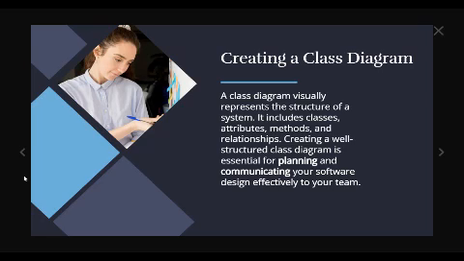It includes classes, attributes, methods, and relationships. Creating a well-structured class diagram is essential for planning and communicating your software design efficiently to your team.